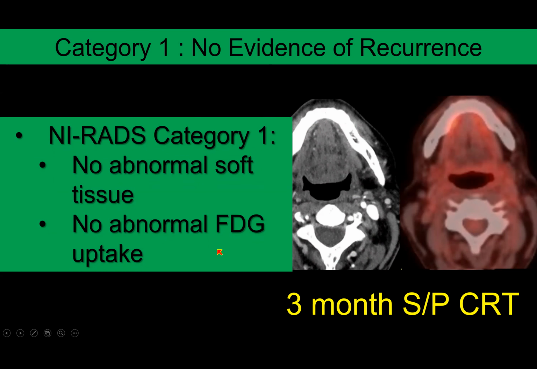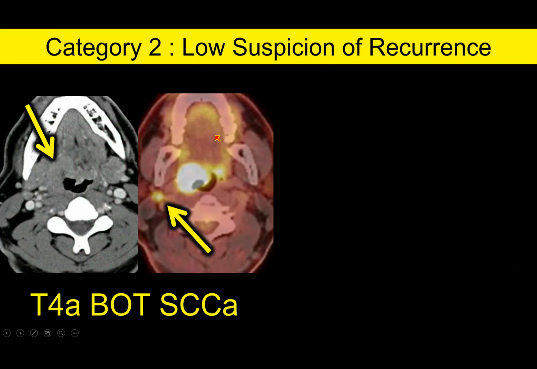That's great. So next is category 2, low suspicion. So here's an axial CT post-contrasted. I've got a big high density mass that's kind of wrapping around that glossotonsillar sulcus, the sulcus we think about between the palatine or faucial tonsil and the base of tongue at that lesion. So usually we see base of tongue going to the tonsil. We don't see as often the tonsil going to the base of tongue,